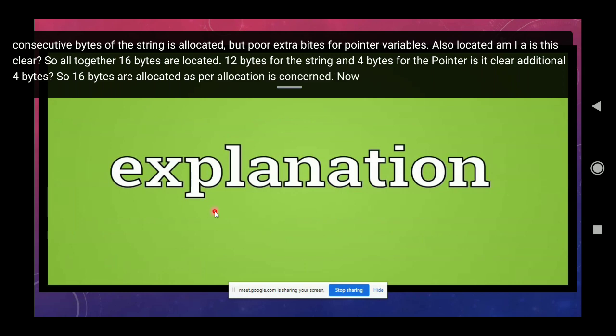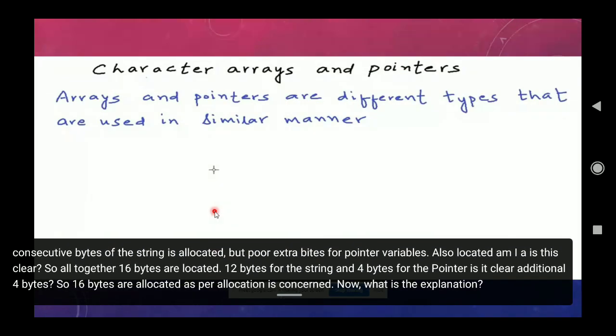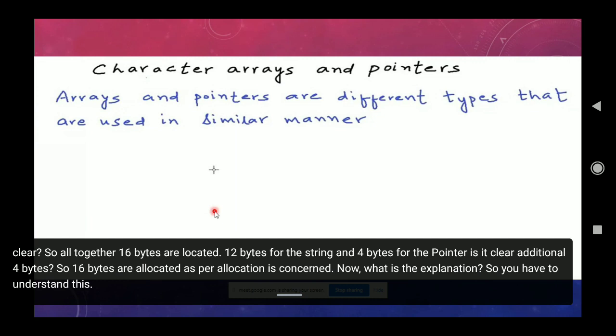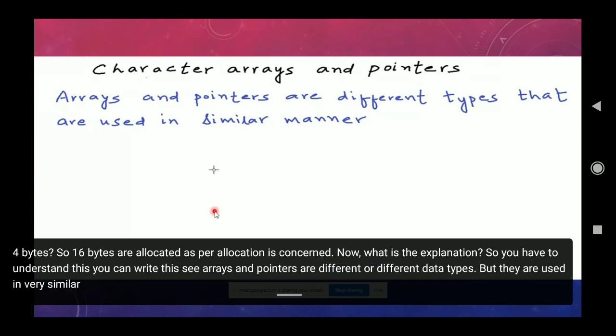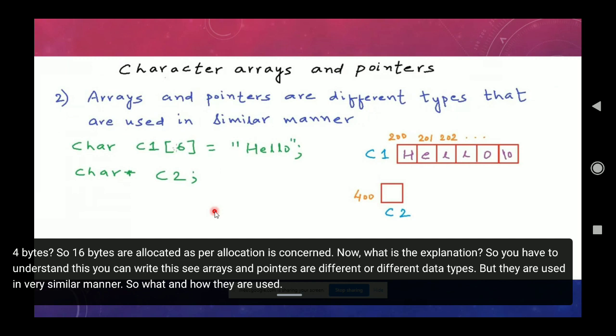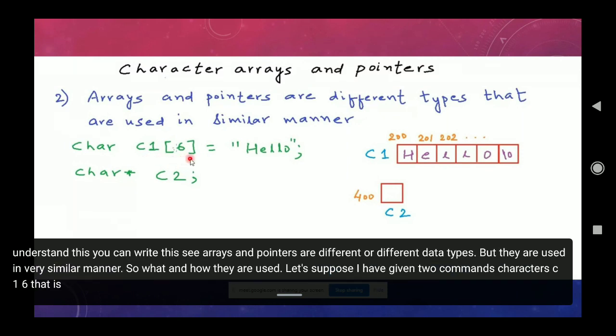Now, what is the explanation? So you have to understand this. You can write this. Arrays and pointers are different data types, but they are used in a very similar manner. So how are they used? Let's suppose I have given two commands, char C1[6], that is, C1 is an array which stores the value hello.